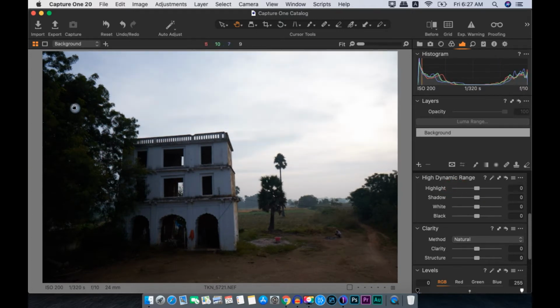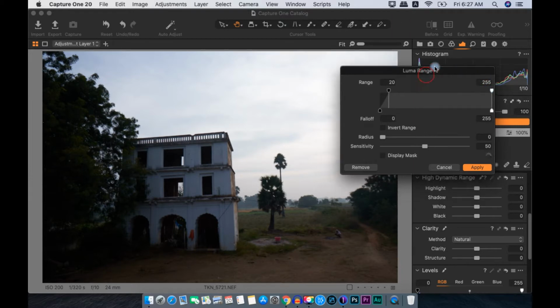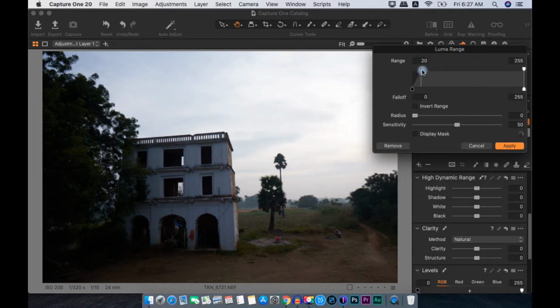So how do we do it? We just want to recover the highlights in this sky only. For that we take a new filled layer, we go to Luma range and put the white point all the way up, and let us remove dark pixels from the selection.